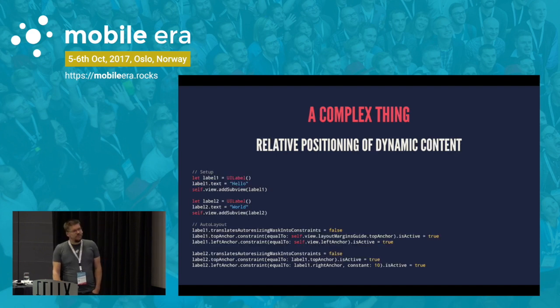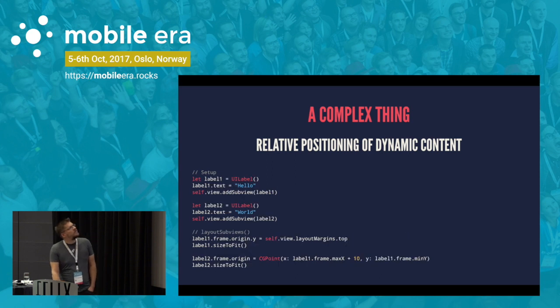Something more complicated: we've got two labels here, hello and world, and we want to space them 10 points apart. And of course, we don't know how big they are because your font could be arbitrarily large. So this is a semi-complicated thing. In auto layout, it's still a lot of code, but I'd say that it's about how much you'd expect. And it's not considerably simpler to do that with